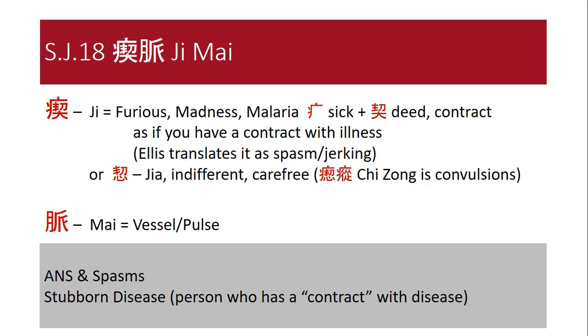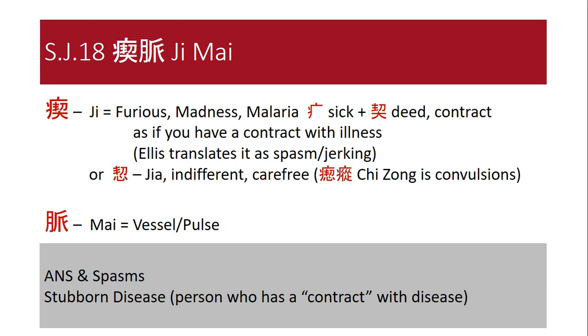Sanjiao 18, Jie Mai, the madness pulse, can be interpreted in different ways. It is related to the autonomic nervous smoothing function of the Sanjiao. Ji, as in Sanjiao 18, means furious, mad. It also means malaria. It is composed of the disease radical, and inside it is the character qi, a deed